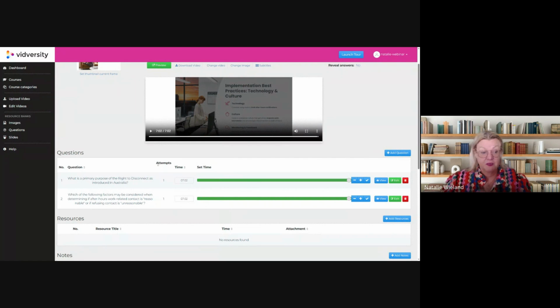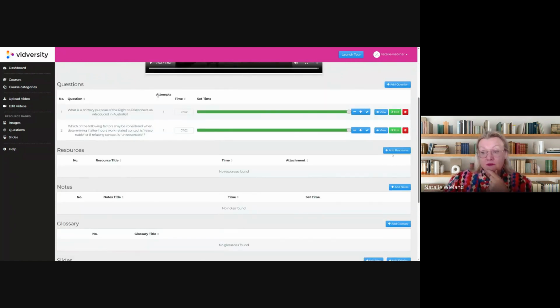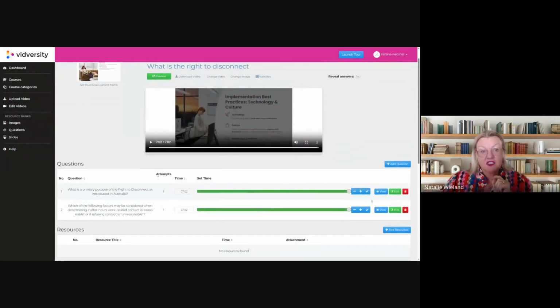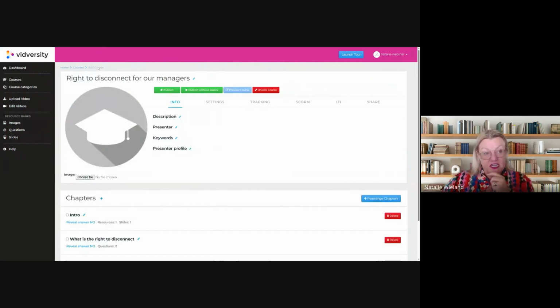Okay, we can add resources, we can add notes, which are pop-ups on the screen, we can add slides and annotations. So that is one type of training you could do. That was what I would call policy training, and it's an opportunity to, if anyone wants my flow chart, if anyone wants my sample document,